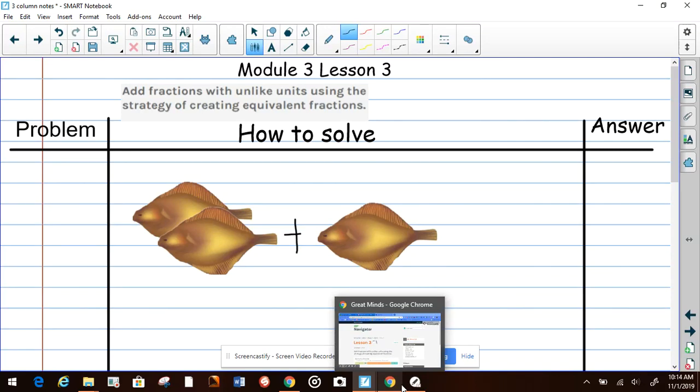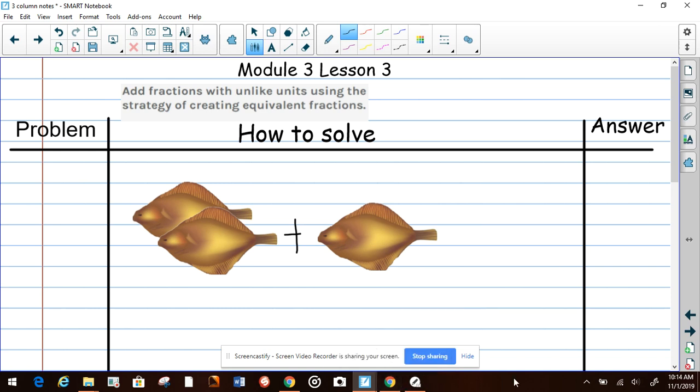We are in Module 3, Lesson 3 of the Eureka model. Be sure to know that we are now, let me underline what we're looking at. We're going to add fractions with unlike, unlike meaning,